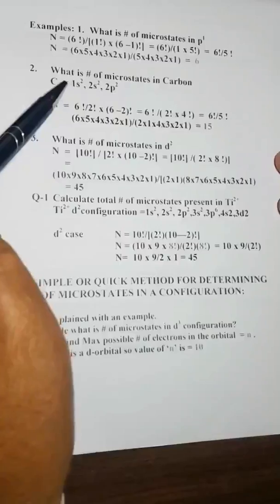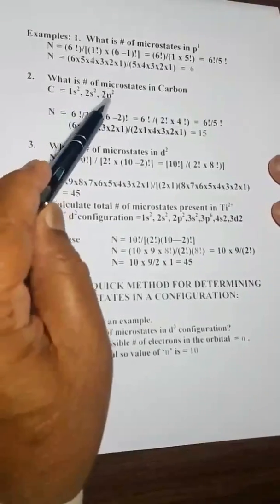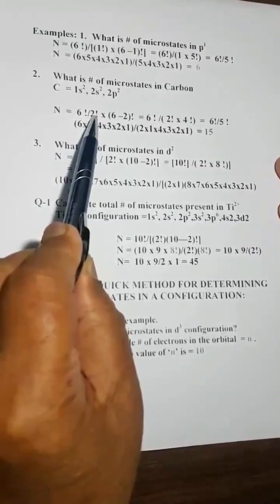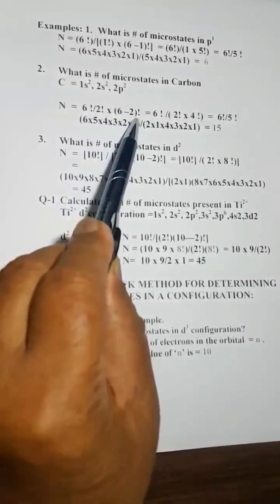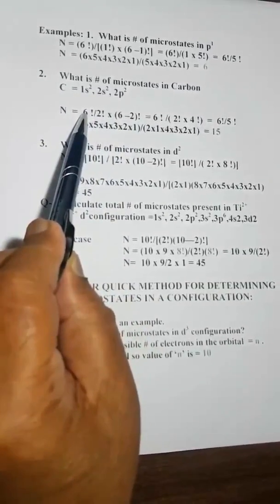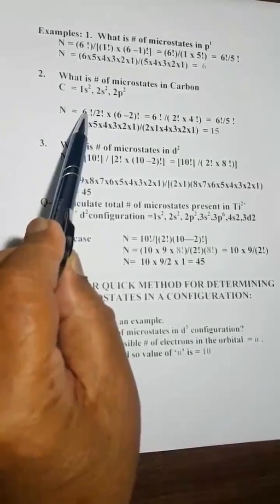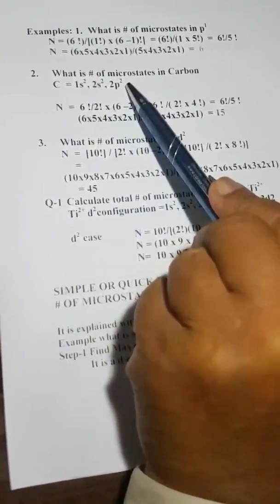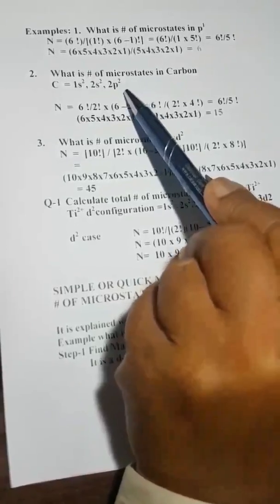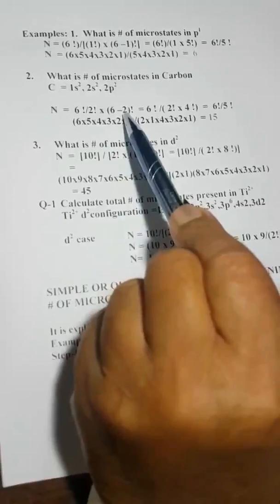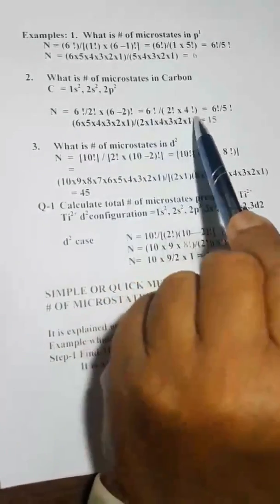There are 2 electrons in the p orbital. So then it is 2 factorial and then 6 minus 2 factorial. 6 is the maximum possible electrons which can go in the p orbital, and 2 is the number of electrons which you can see here. It's a p2 system, so this 2 comes from here and the rest is 6 minus 2 factorial. And when you do this, you have